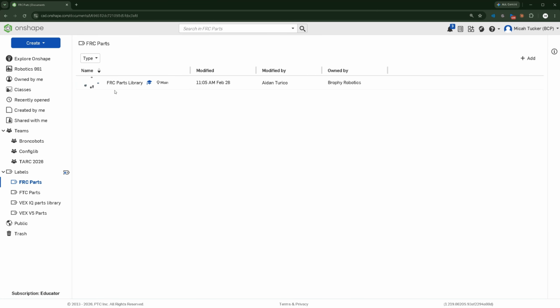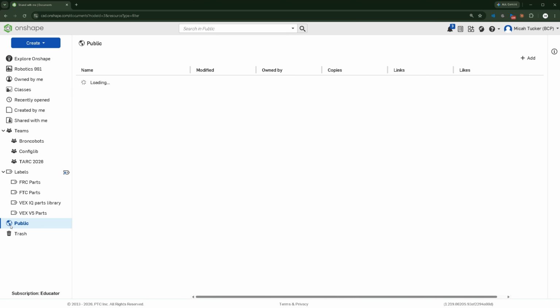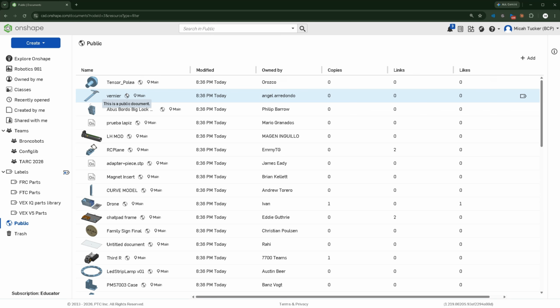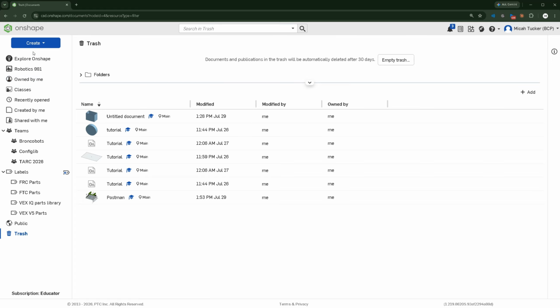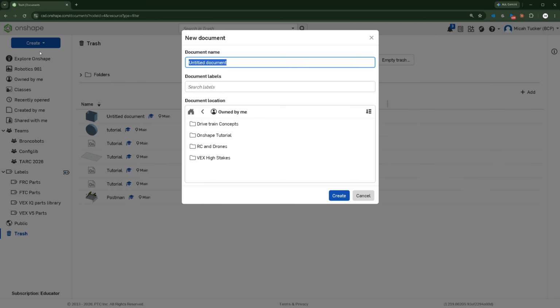These make it really easy to quickly reference any specific documents you know you'll be referencing a lot. And then public is where you can search any document anyone's ever made. Then trash is your recently deleted documents. So we'll go to create, make a new document, call this navigation